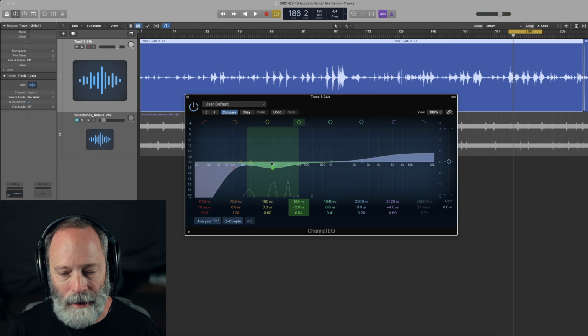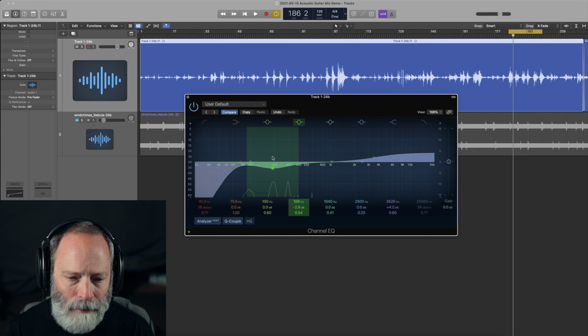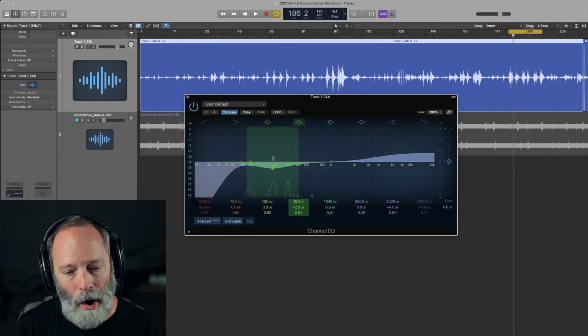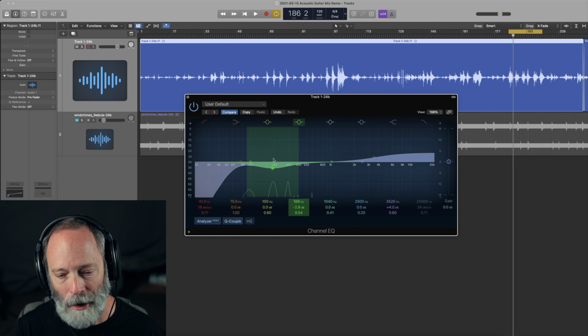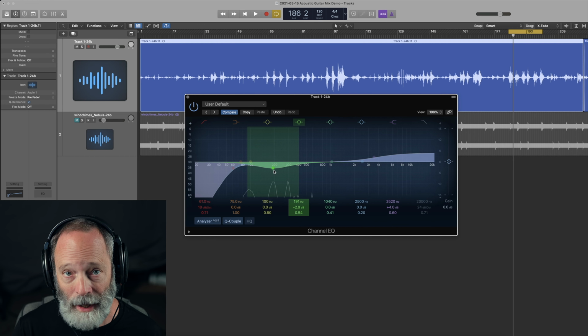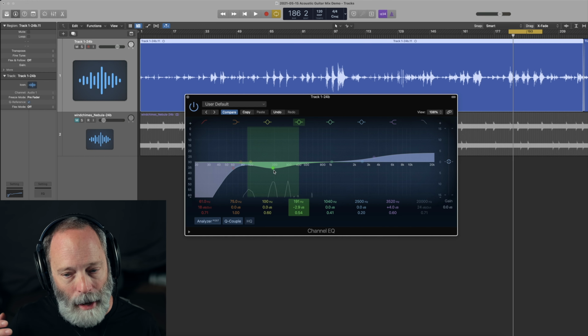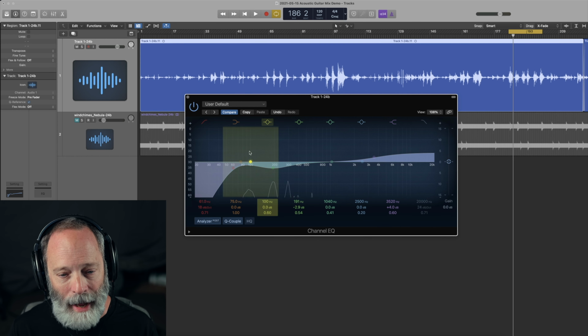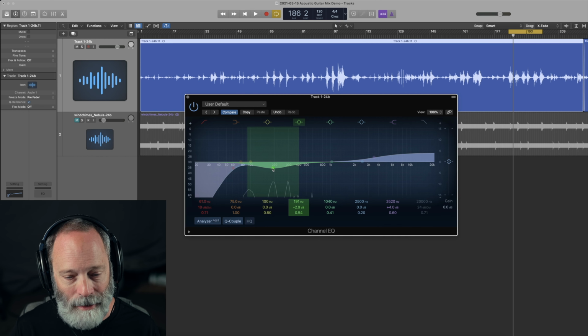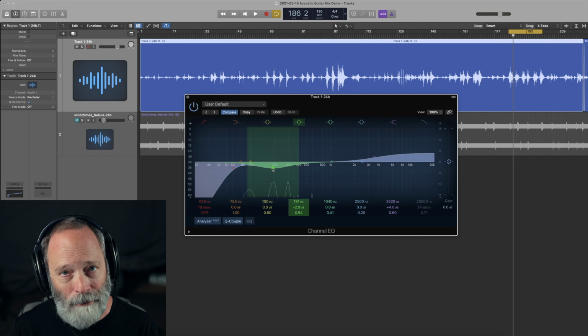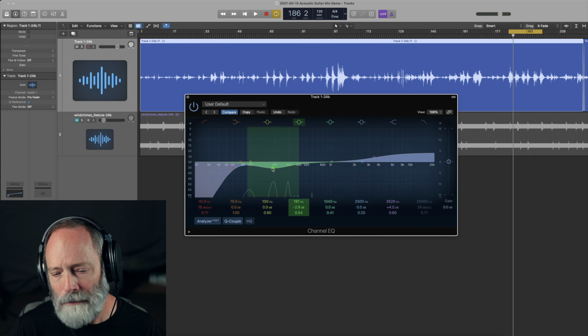The next thing I did was look at the mid-range between about 100 and 400 hertz, and I kind of honed in on the 190 hertz range. Right there, 191 hertz. And this is where a lot of woofiness or muddiness in an acoustic guitar can show up. That's in the range of about 150 to 300 hertz. So I added a parametric EQ band here, and I pulled down at right around 200 hertz, about 2.5 to